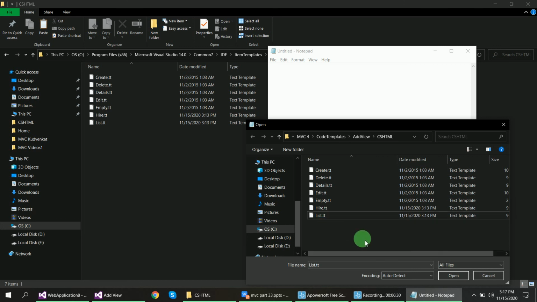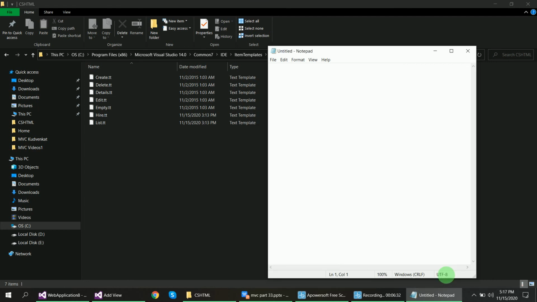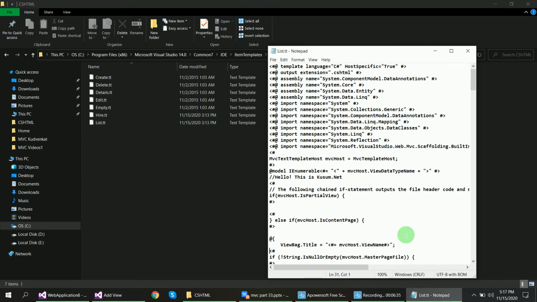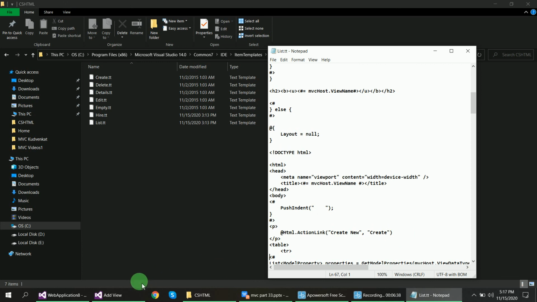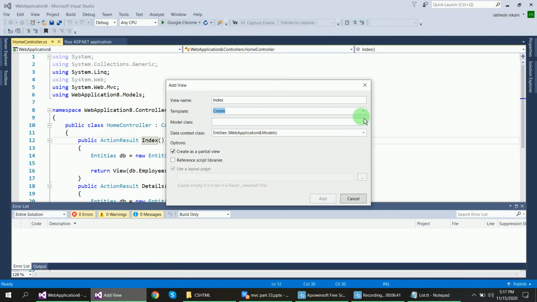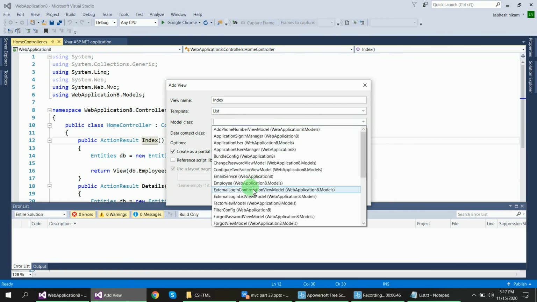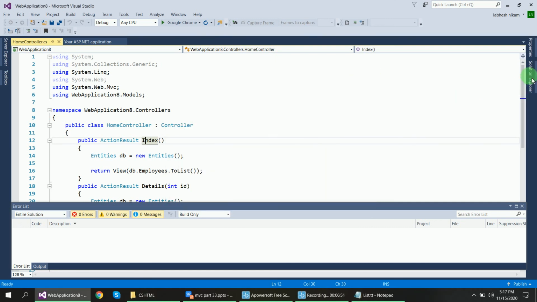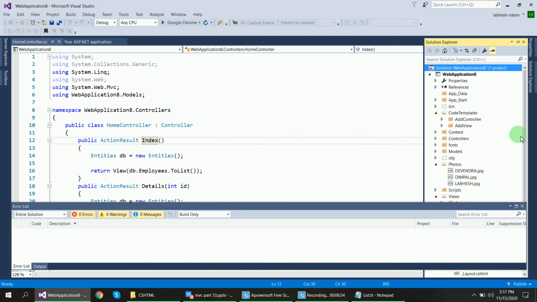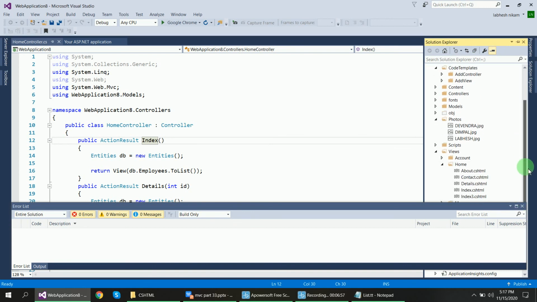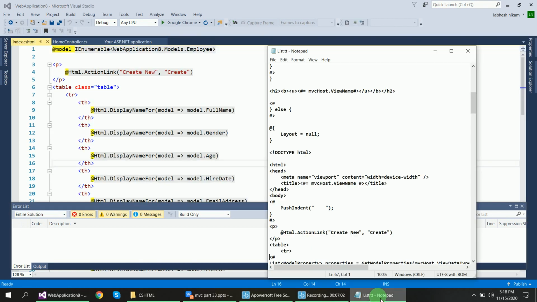In this code you can modify or change things, and that will be displayed in the view. Suppose I am creating a list view, or you can take a ready-made view that is already created. Suppose this Index view. If you change list.tt, the change will affect this Index view.